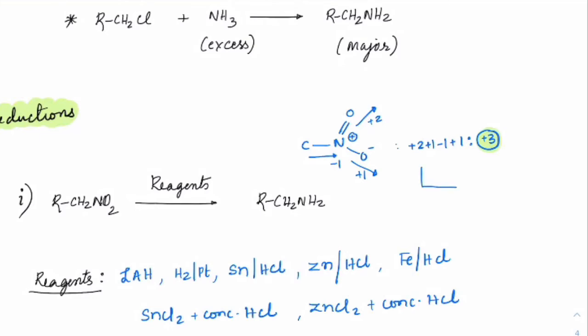Now that is converting into NH2. From carbon it is going to win the electron as -1 because of its electronegativity. It is winning in all the cases. So now the oxidation state here is -3. So the number of electrons transferred from NO2 to NH2 is 6 electrons. This was asked 2-3 times in JEE Mains, so better remember this: the nitro group with +3 oxidation state is changing to -3, and 6 electrons are involved in the reduction reaction here.